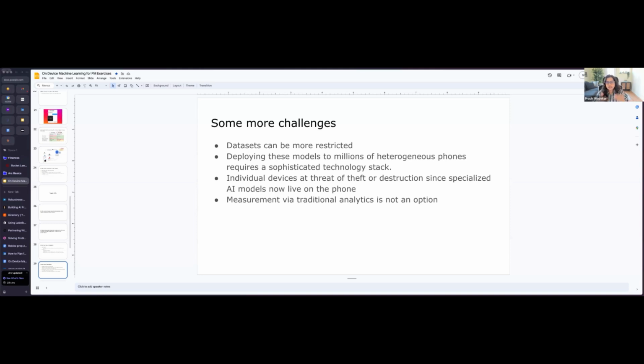So historically, or traditionally, how we measure when machine learning models live on the server is really straightforward, right? It's all on the server. We have access to user data. Let's go back to that example we were talking about, a machine learning model that lives on the user's phone and is trying to minimize exposure to nudity. Now, in this end-to-end encrypted context,